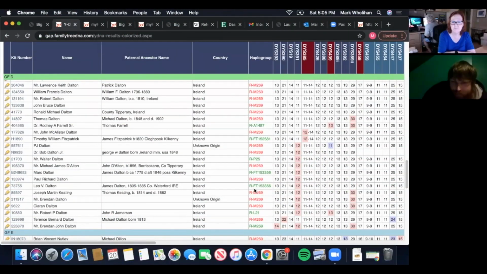Your dad. I'm going to sometimes say "you," and you can say "your dad" instead, either one. Yeah. So it looks like your terminal haplogroup or SNP is